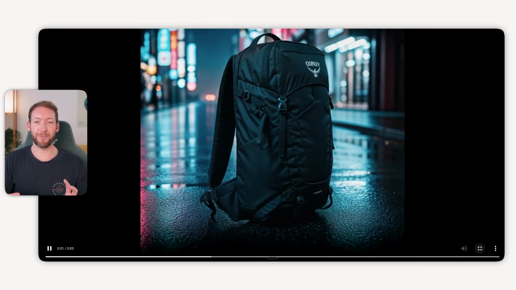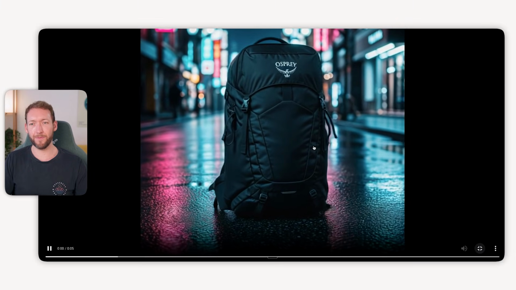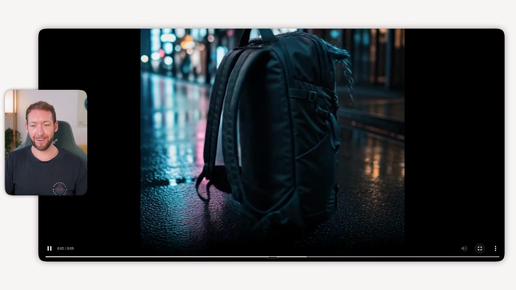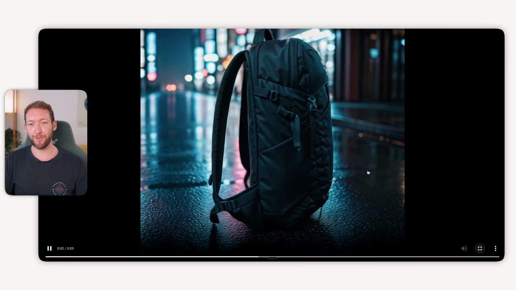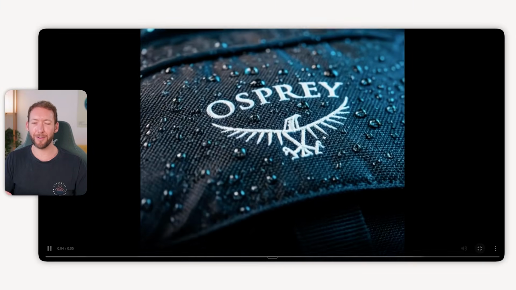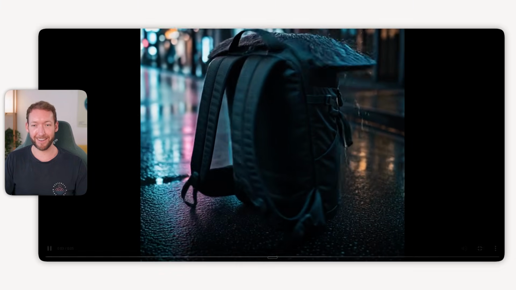Let's see if Kling has understood the prompt for the rotation. And actually, instead of rotating the camera, it's kind of rotating the bag, which sort of works for this as well. But then it kind of misunderstands the prompt and it becomes like a massive rainfall and then shows that. But it's almost like it works as a clean transition into the next frame, which is the ending frame that we